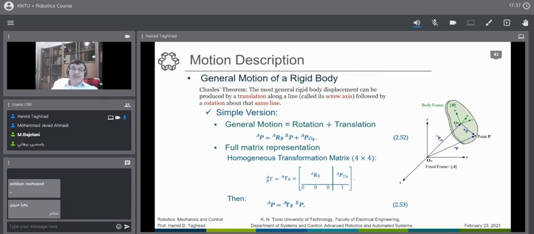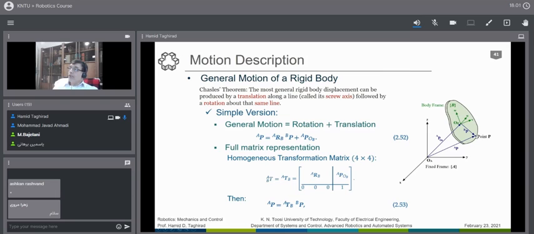I will explain why, but it doesn't matter in any way. If you are using quaternion or Euler angles, you can find a rotation matrix representation for the orientation. And if you have these two, the orientation with the rotation matrix and the translation with a simple vector, then